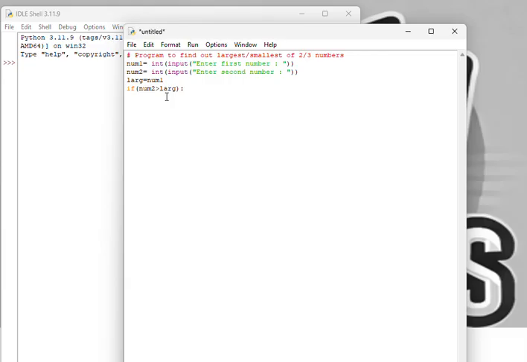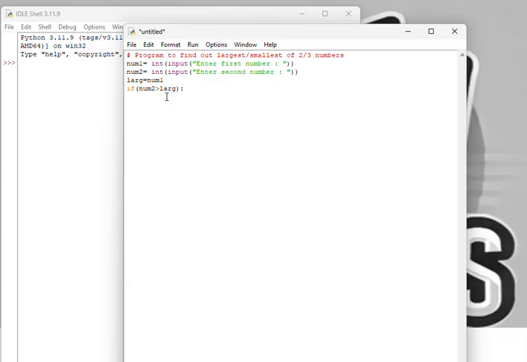Why am I going with large? You may compare num1 as well as num2, but I will be converting the same coding for three variables also, three numbers also. The same program will be converted for three numbers also. So that's what I am going with. There are n number of ways of doing a program. It depends upon the logic you apply. So I'm going with that.